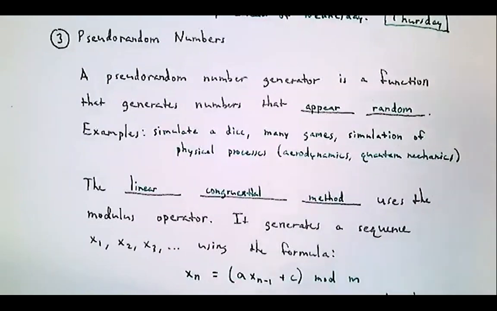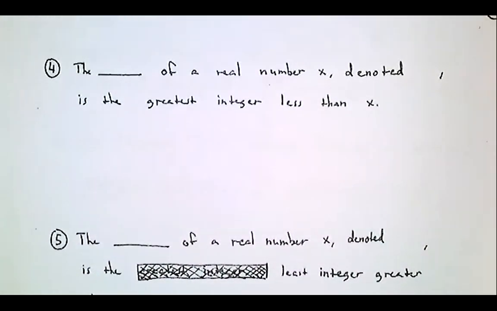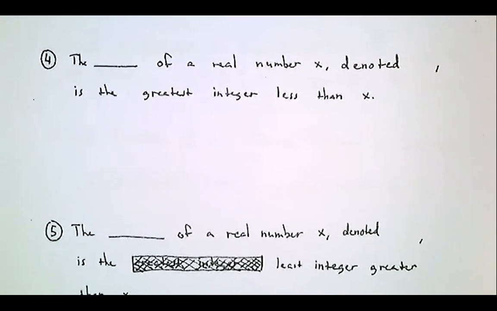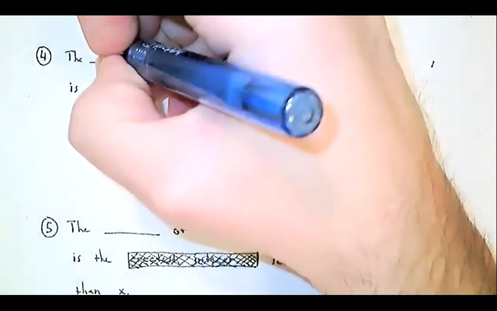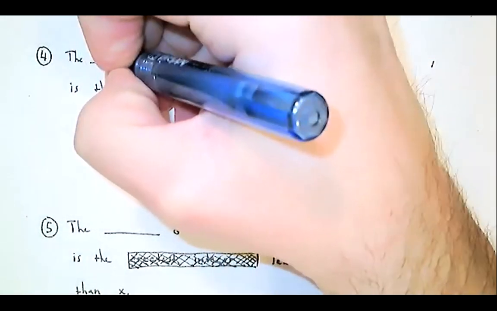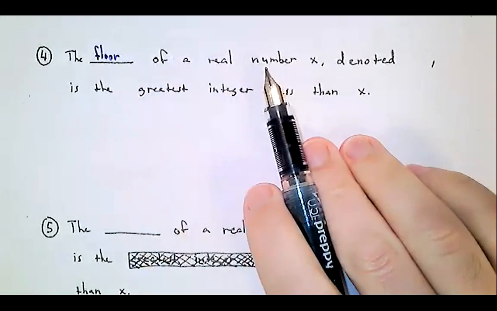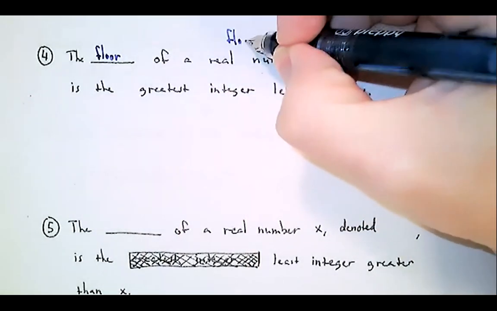So this is where we were last time, and we will pick up today here with a couple more functions that you should probably know about if you're going to do any sort of computer programming. The next one that we're going to talk about is called the floor function. And the floor of a real number, or if you're programming, this would be something more like a floating point number,